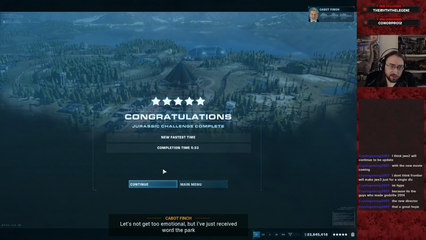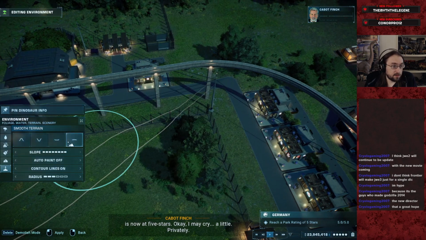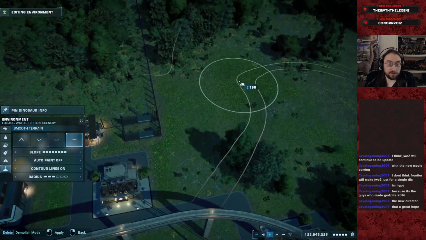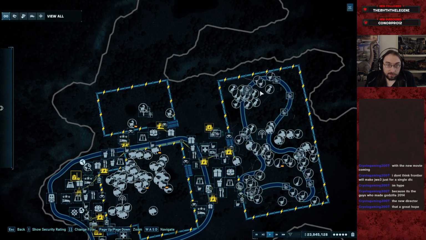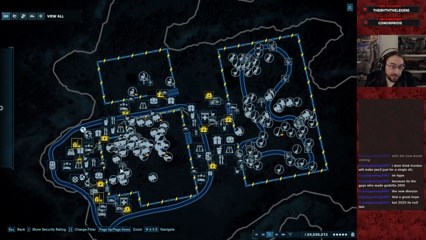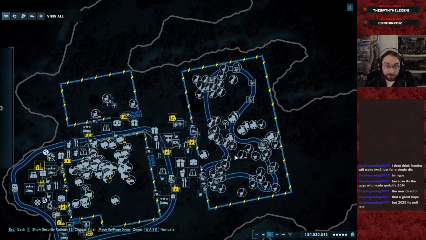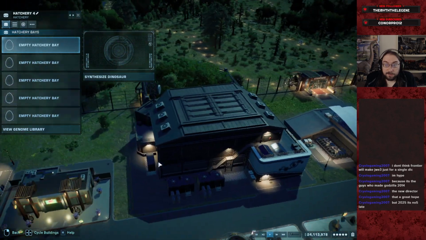Easy. Done. New fastest time, 5.5 hours. Boom. Okay, I may cry a little. Alright. Well, I gotta finish the park and make sure everything's wrapped up here. Mamenchis, are you happy? Mamenchisaurus. Yes, you're happy. Theories are happy. Muttaburras are happy. Okay, final population tally is